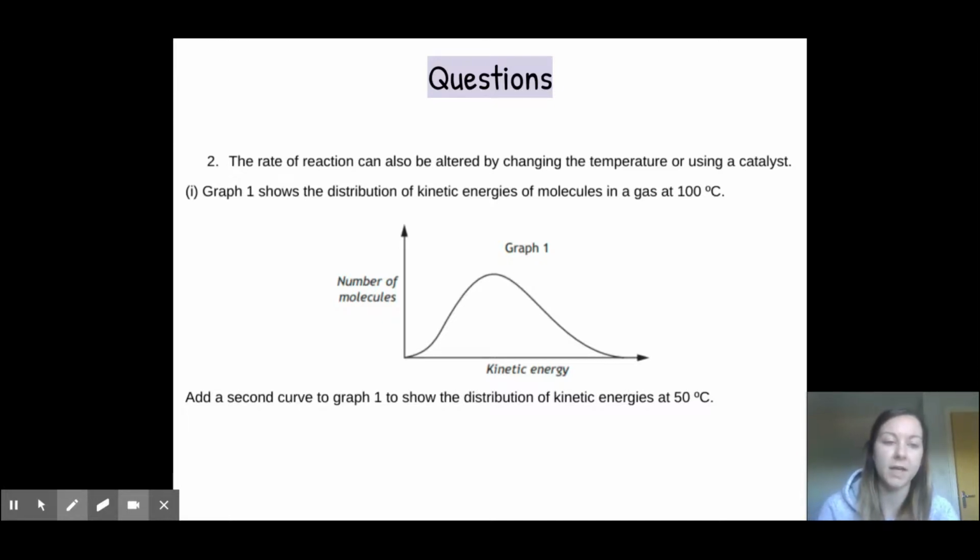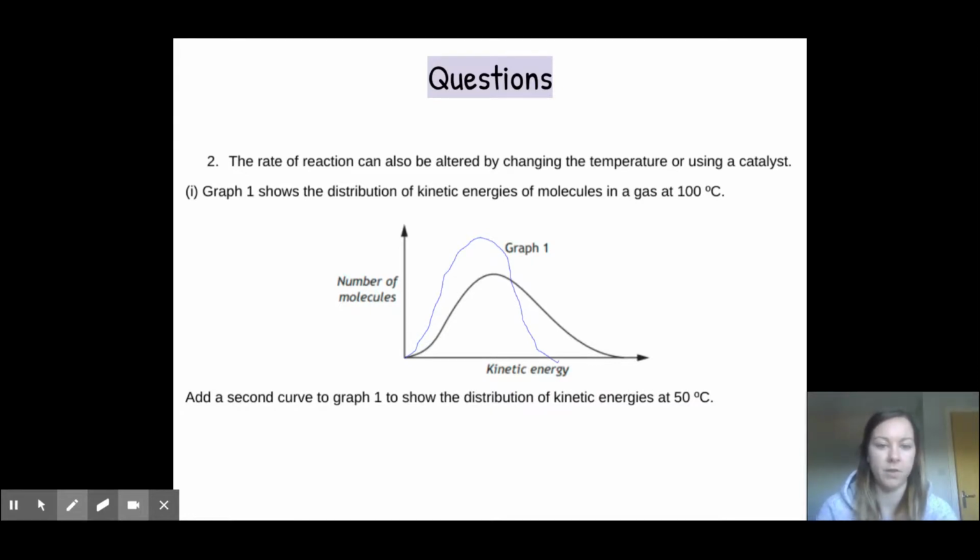So we are being asked, what does the graph look like if we lower the temperature? We're not increasing the temperature, we are lowering the temperature. So if graph 1 is quite spread out to the right hand side, what we want to do is make it taller and push it towards the left. So that would look something like